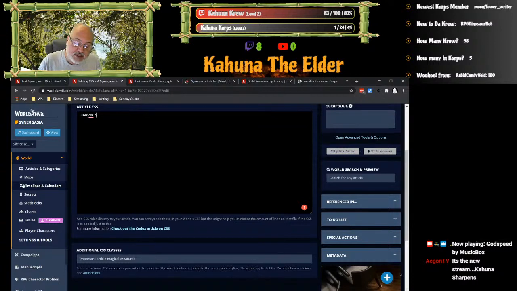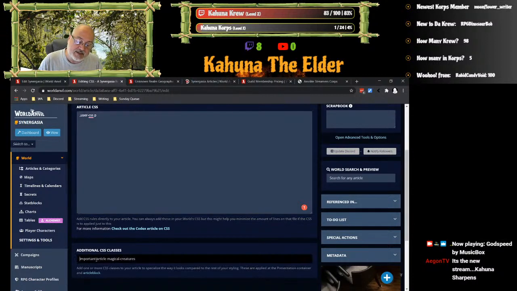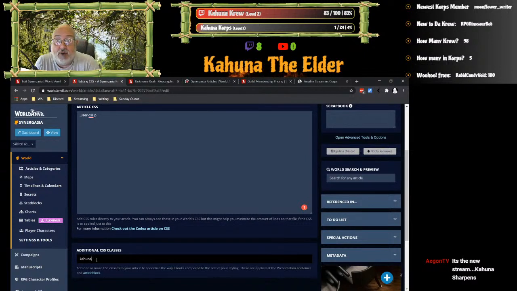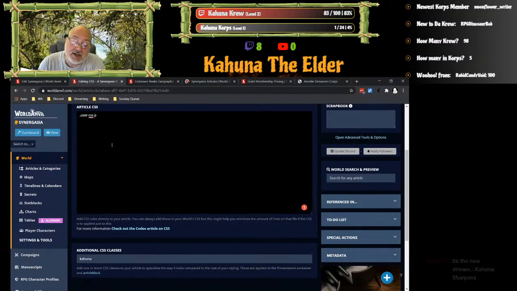Well, right below you'll see this additional CSS classes. This is how we indicate what we want to do in our own world. So for example, I could say, I'm going to call it Kahuna. So now, up here, I would say user.css.kahuna and paragraph.